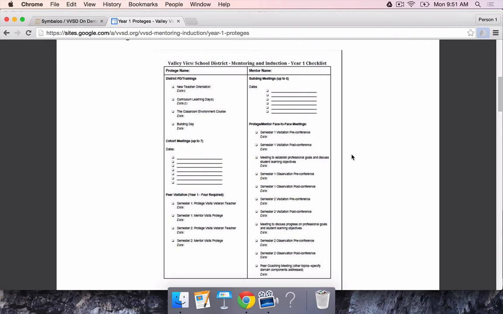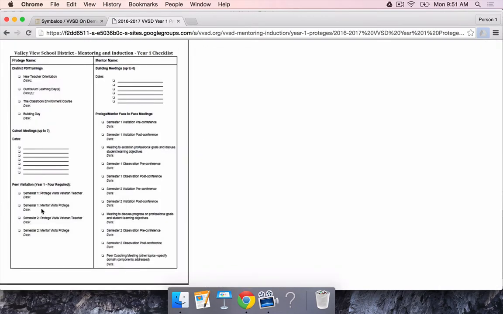You'll notice that you have district PD trainings, you have cohort meetings, peer visitations, you have face-to-face meetings, and most of your face-to-face meetings have something to do with either pre-conferences or post-conferences related to the peer visitations. You also have building meetings that are required.